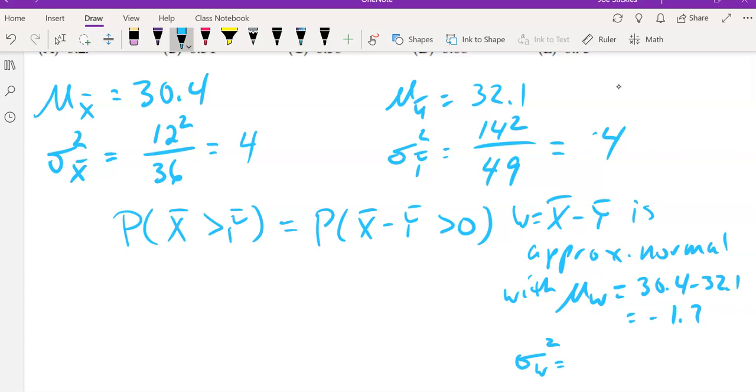You're not remembering how to do the variance correctly when you break it up over a difference. What do you do with the coefficients in front of each number? You square them. So what are you going to do with the variance here in this case? I got to add them together, right? Because remember the variance of ax plus by is a squared variance of x plus b squared variance of y. In this case, you can think of the b as negative 1, right? So you're still going to add the variances together here. So our variance will be